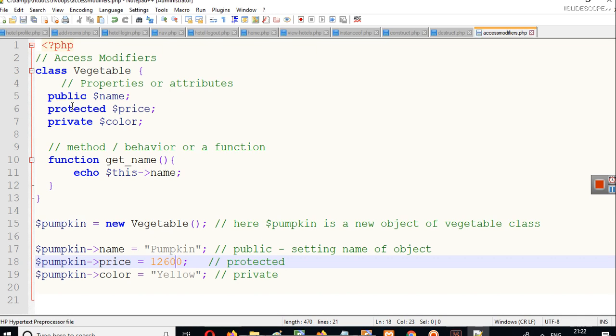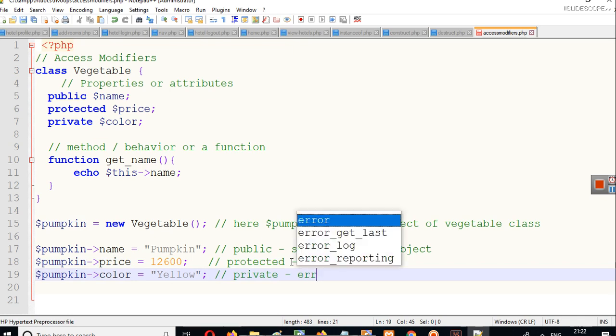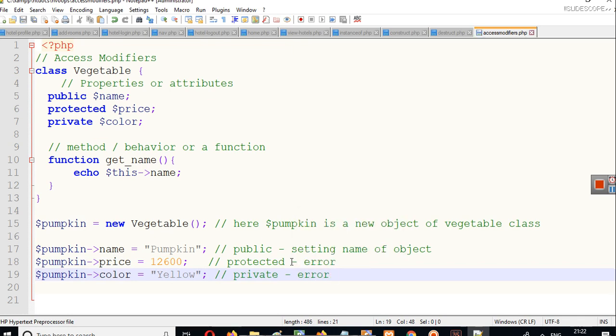In this case, these two lines are going to produce an error here, because when we are trying to access this protected property, its protected nature will protect it from being accessed by objects outside the class, because as per its definition it can be accessed